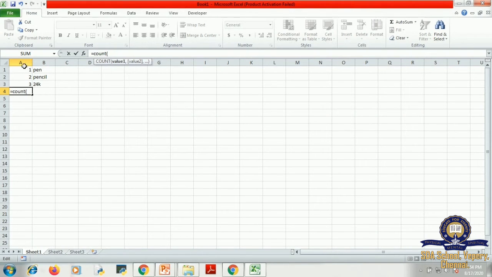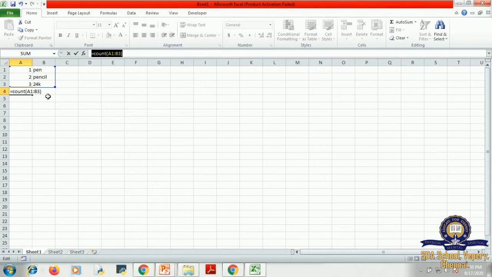So let us see. Now I want to select all the 6 values. One more option also I didn't tell you. You can just use your mouse and select the cells also to fill your formula. So now I am going to select all the 6 values. Can you see this? I have selected all the 6 values from A1 to B3. A1, A2, A3, B1, B2, B3. All the 6 values are selected. So equal to count of A1 colon B3. Now let us see the result.